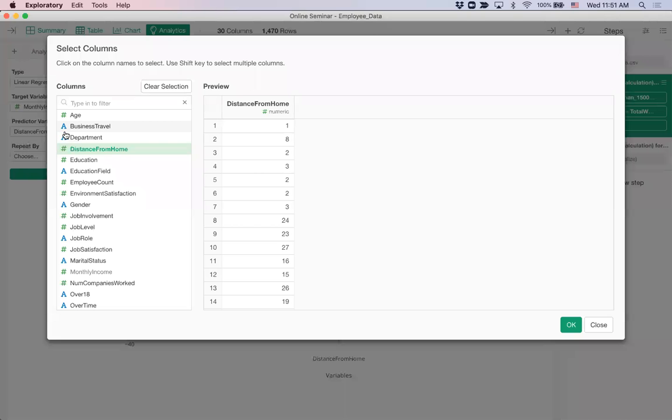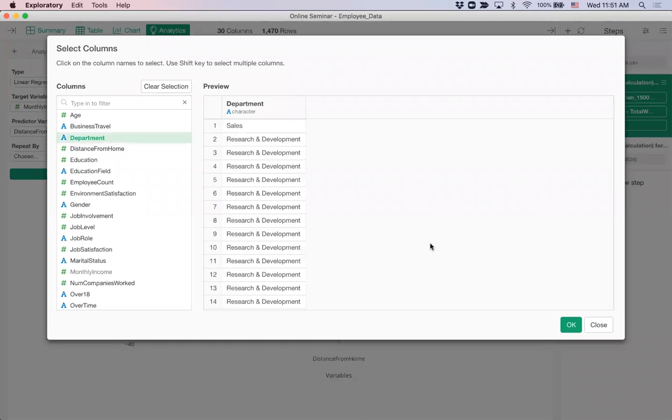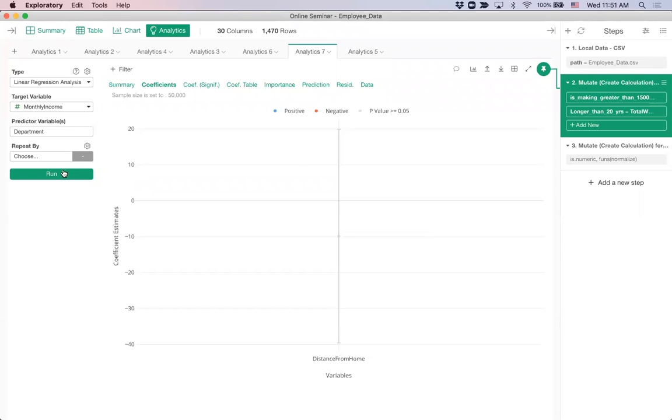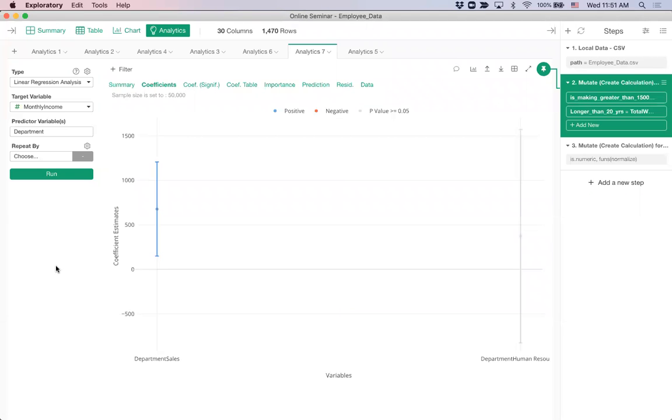And then let's go back to the department that we selected before. If we run this, we get the sales, this is what we saw before. And then here, the department human resource, that p-value is also pretty high, like 0.54, which is like a one in two times chance. So probably not because the human resource change and the monthly income change, but here is